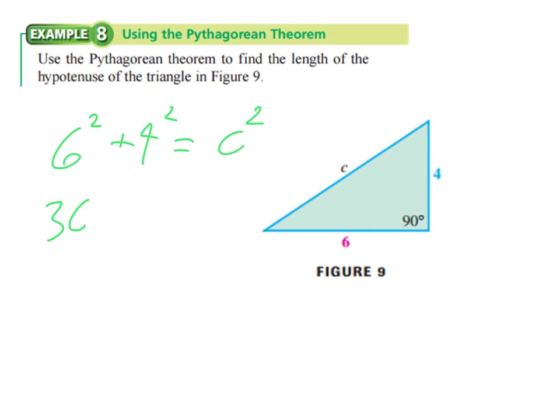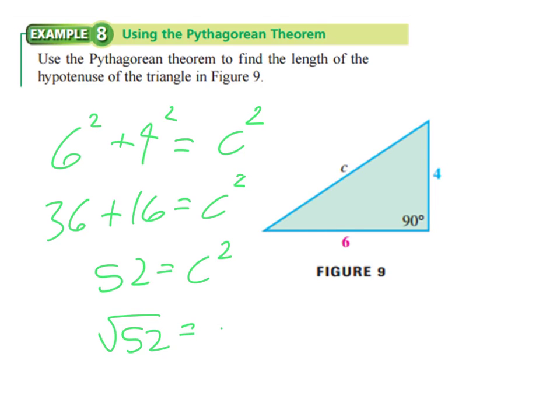6 squared is 36, 4 squared is 16. So we would add those together, we get 52 equals c squared. And so we square root both sides. Now, because of the context of this question, when we square root both sides, we don't have to include the positive and negative because c is a non-directional distance, so it cannot be negative. So we would have c equals the square root of 52,